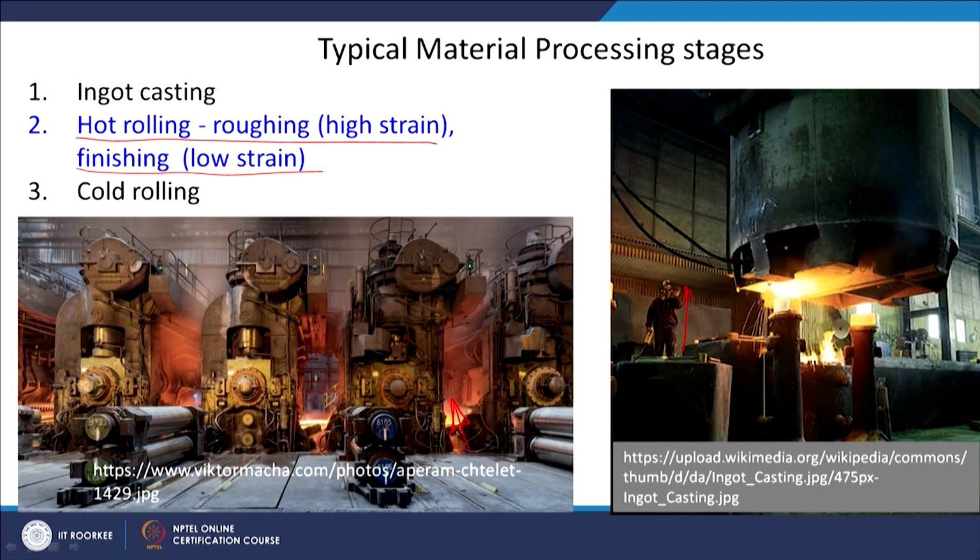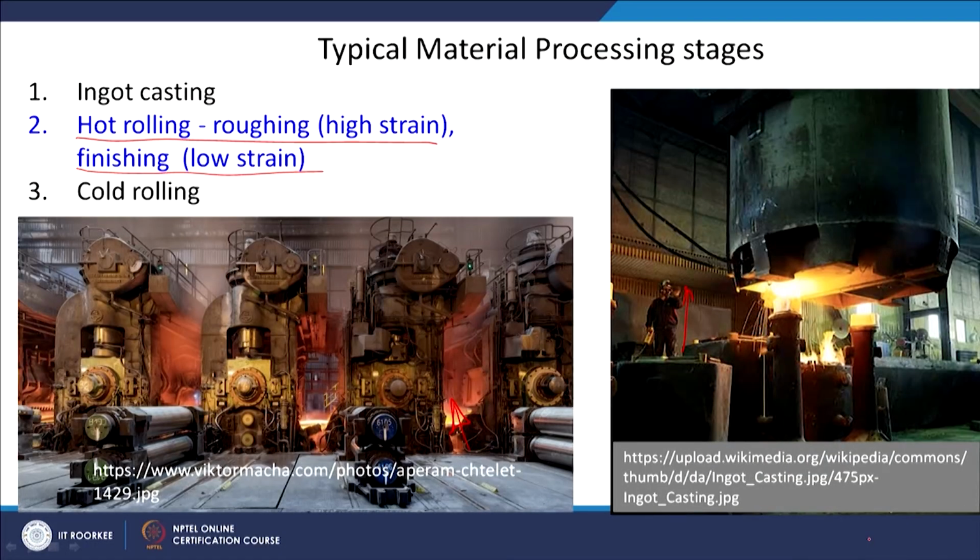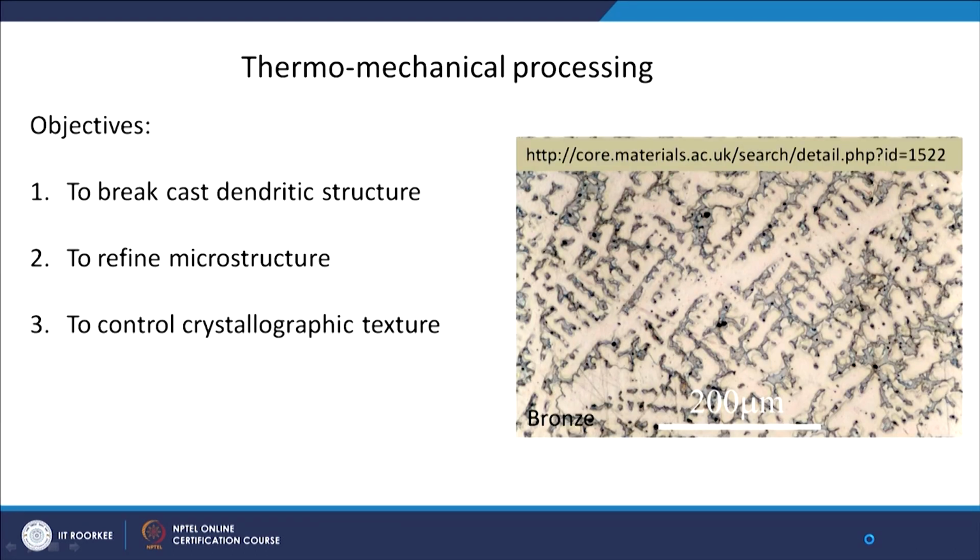So, it is always a challenge to do experiments in the laboratory scale and implement them where the processing will be done in a bulk condition, and control of temperature, strain and strain rate will not be that precise. And to that we want to give some suggestion that if the processing is done like this, you will get better properties, better microstructure and so on. So, actually why do we do thermomechanical processing?